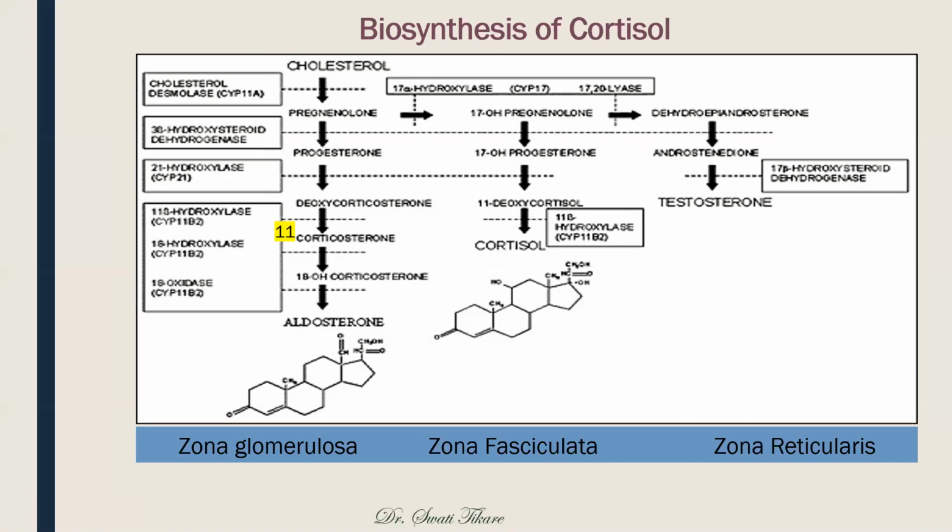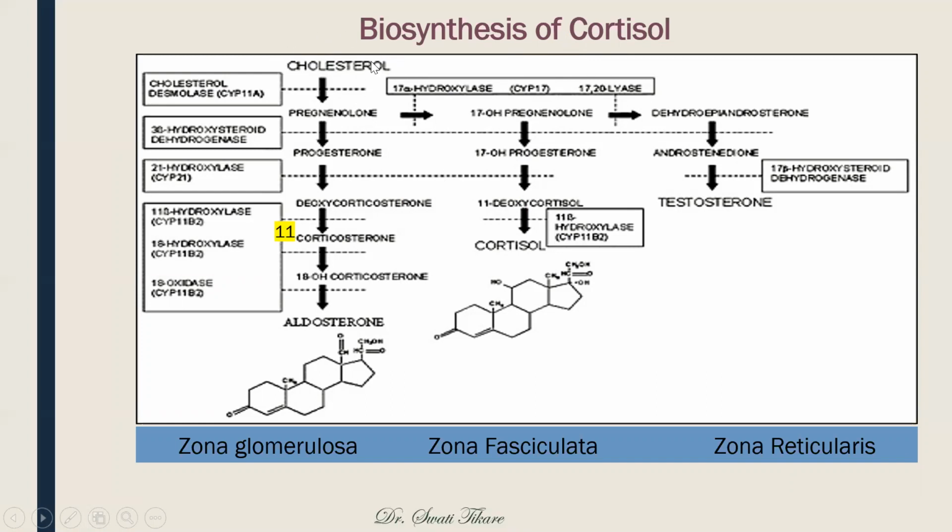Okay, so we have 3 units here. So what's happening in zona glomerulosa, next zona fasciculata, zona reticularis. Today what we are learning is about glucocorticoid, which is produced by zona fasciculata. So basically, we are concentrating on this part of the field, but all are interrelated and it is very easy to learn them together. So we do that way. So there is cholesterol in the body.